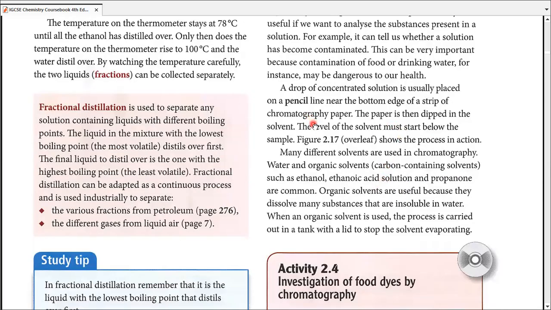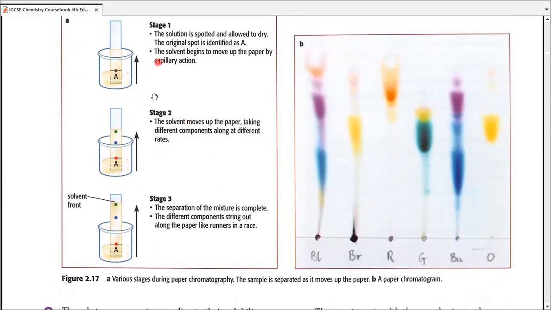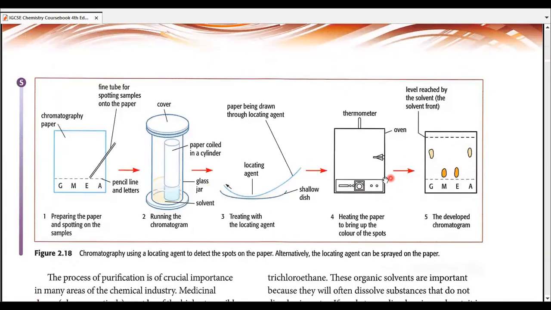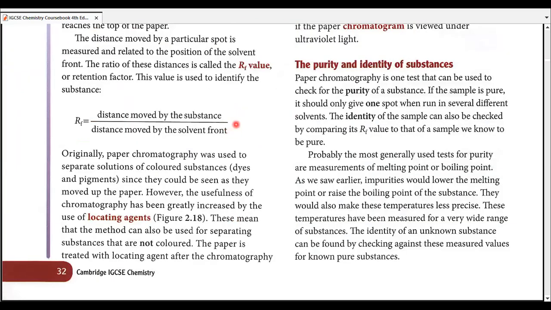Okay. So what we're going to do is take a strip of paper, and you'd notice some diagrams that they have drawn, and we're going to go through different stages of how to work with that. This is one of the result papers, the B part of the diagram. And then we are going to discuss the steps of the process and how we are going to work out the process by using a specific RF formula. But I'm going to do all of that